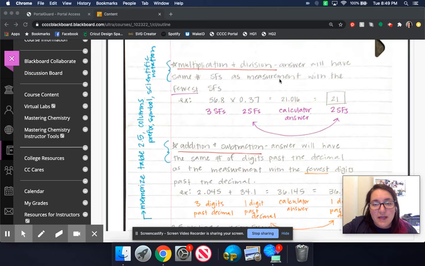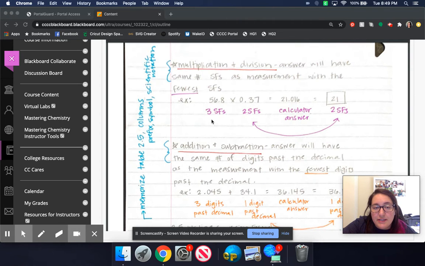For multiplication and division, this means I'm going to multiply or divide two values. What this is saying is that the answer that you get needs to have the same number of significant figures as the value with the fewest significant figures. So in the example here, you see